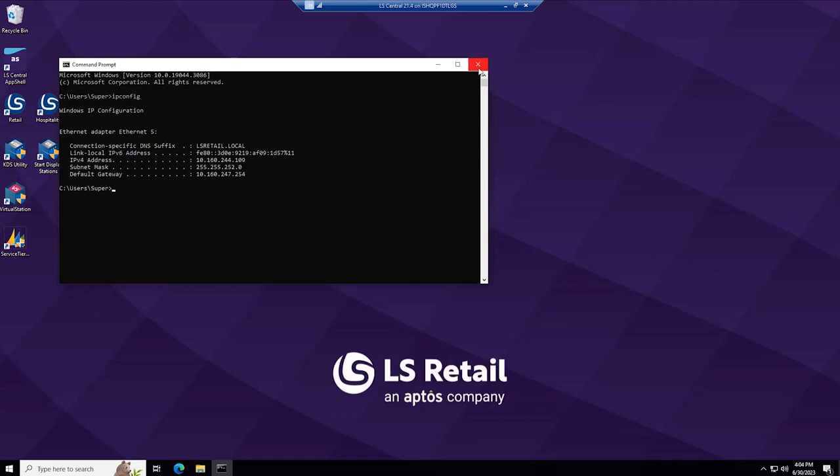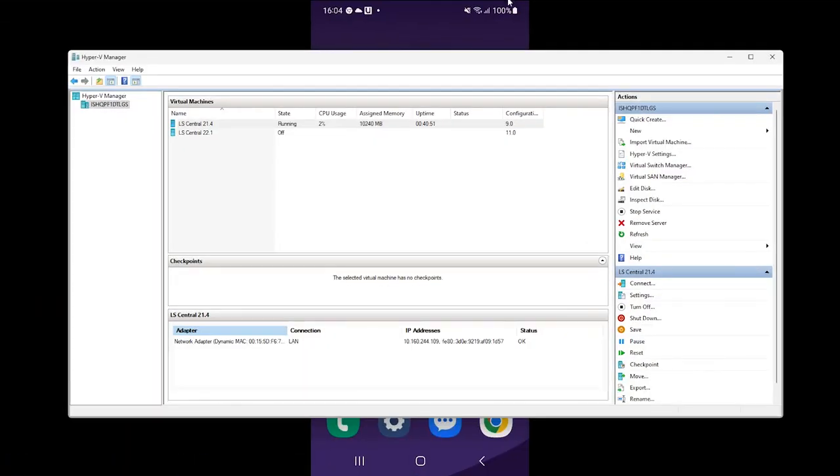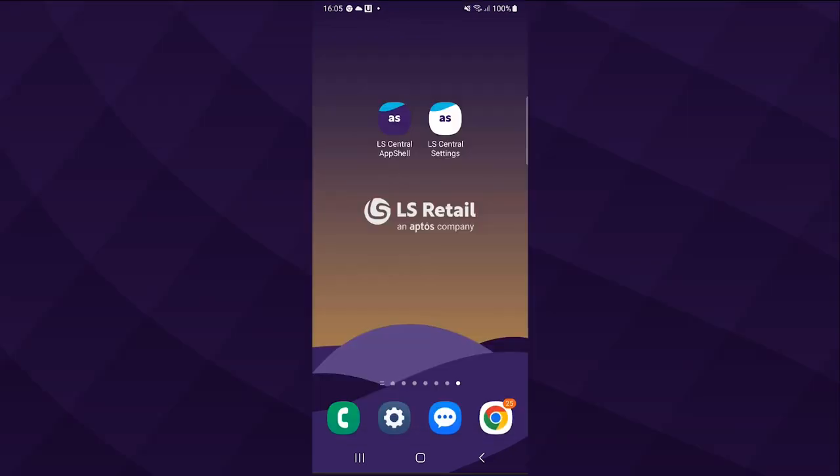If this doesn't work, then something is wrong with the setup of your VM. You either haven't set up the virtual switch manager or you need to have the correct settings for your VM. If you have trouble doing that, there are two things to do: look into the VM documents that come with the VM, or talk to your IT department and get some specialists to help you. So now let's make this change.